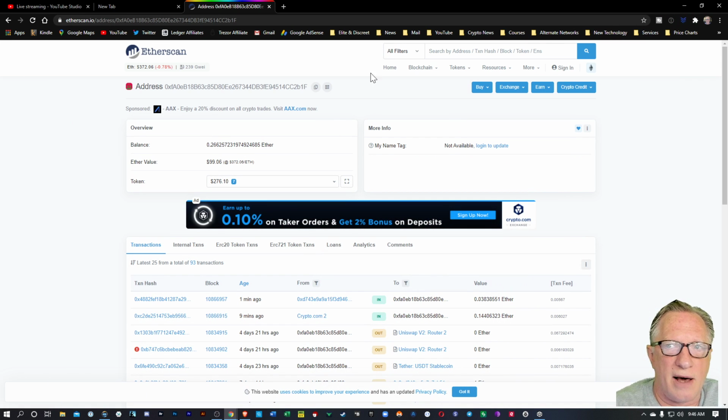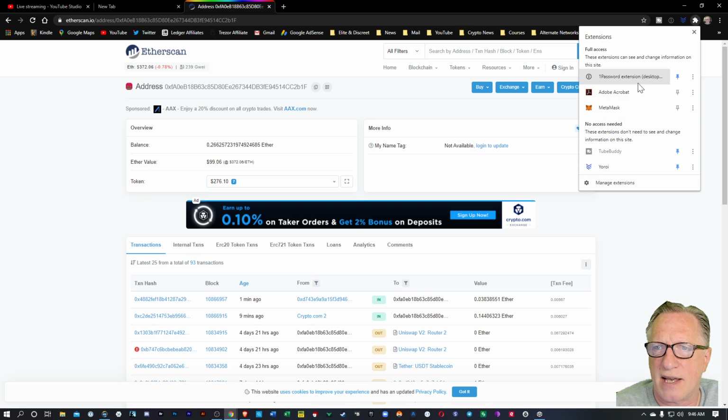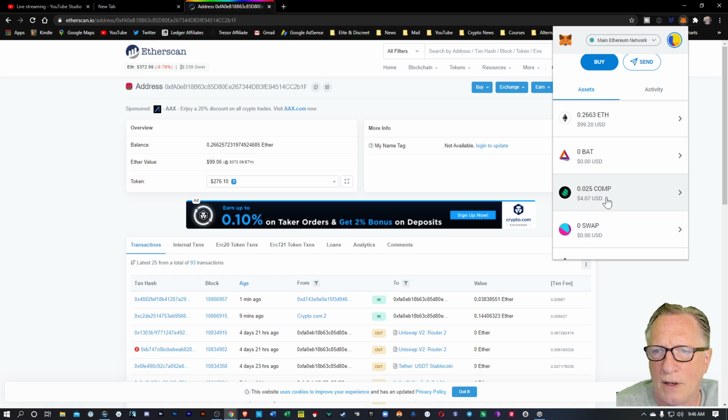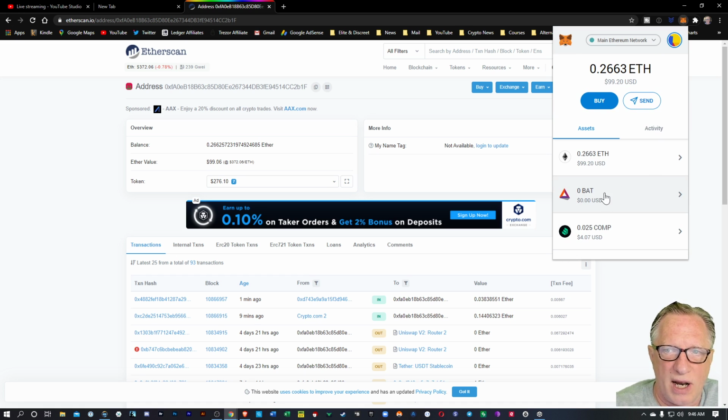All right, so now that we've got our Ethereum in MetaMask, what are we going to do? Well, there are a few things we can do with MetaMask. We can store sub-tokens in MetaMask. And when I say sub-tokens, I'm talking about